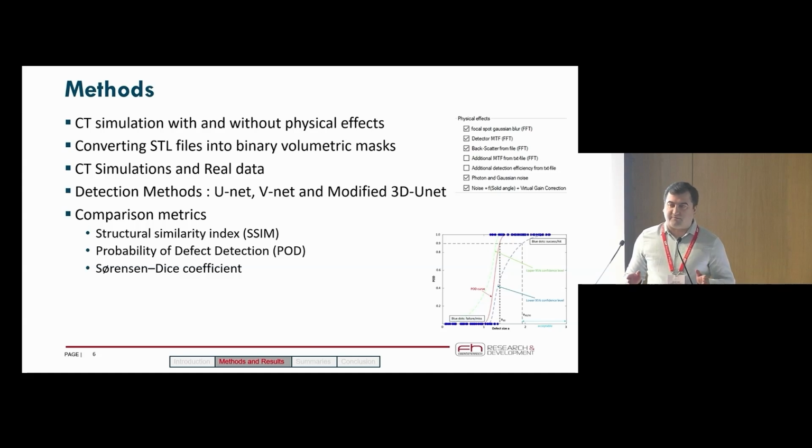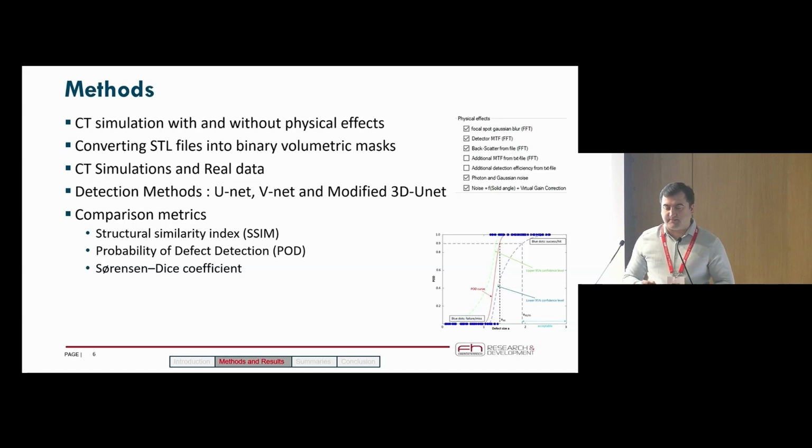First of all, we created simulations with and without physical effects. What do physical effects mean in that case? We can simulate a focal Gaussian blurriness effect, the detector modulation transfer function, photon noise and Gaussian noise